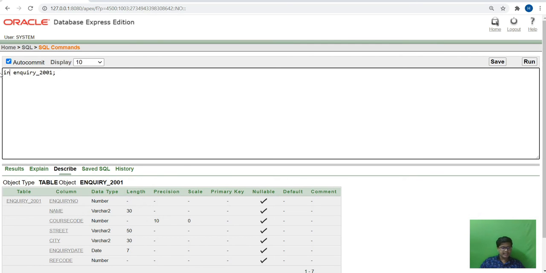Now we will insert data. Insert all into enquiry table values. So we have two values here.